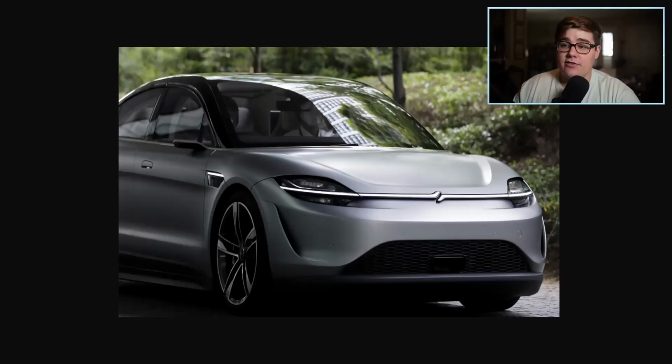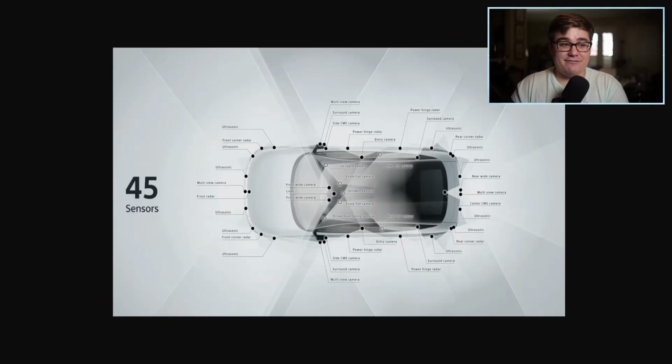And it's actually happening. It's not like a prototype car. This thing is going to happen. It's a brand that they've contracted together to make a product. It's very exciting. They also are planning to have 45 cameras in this car to assist with its essentially self-driving